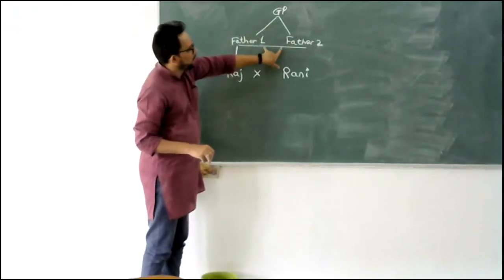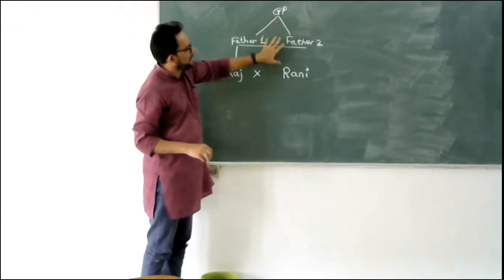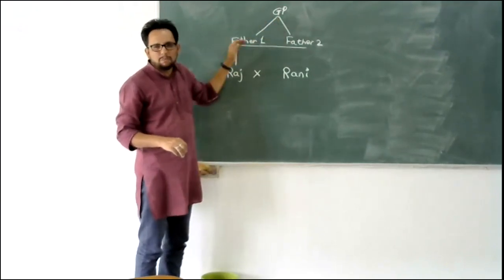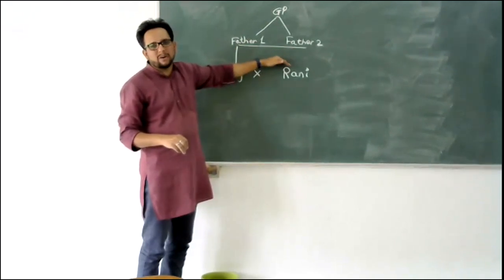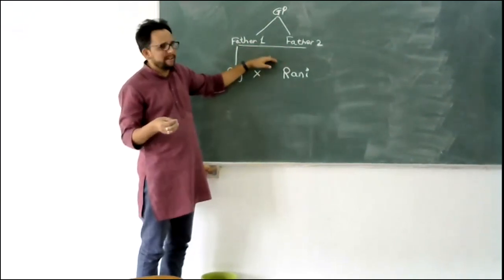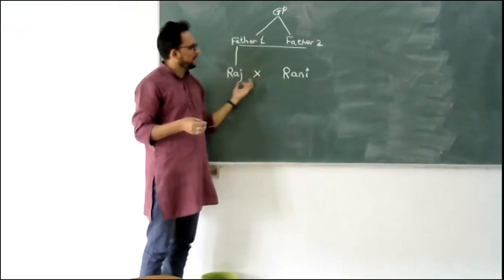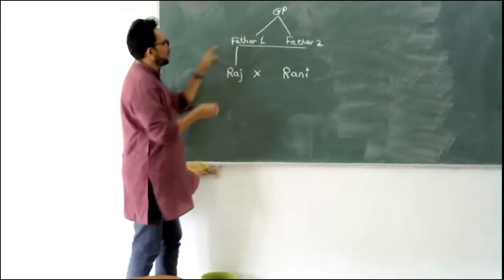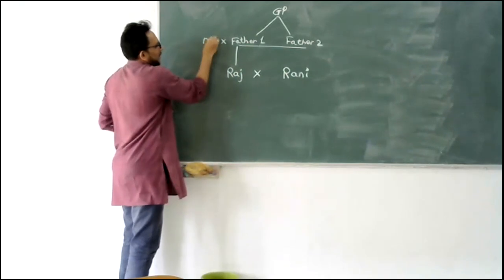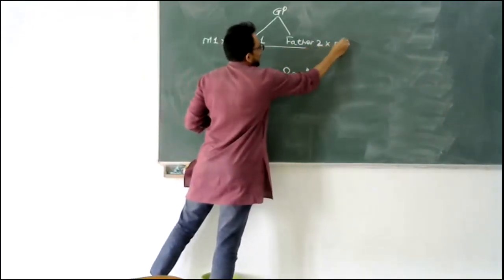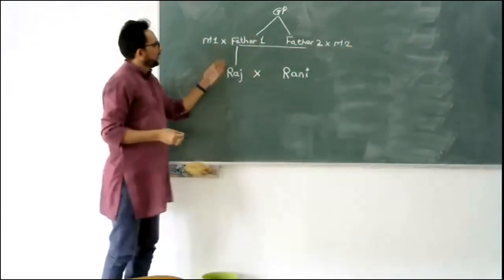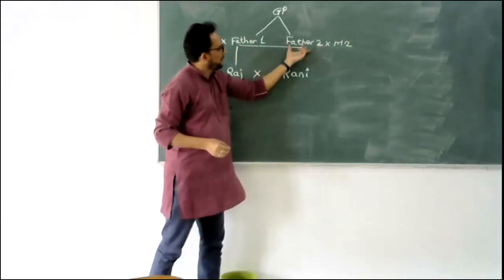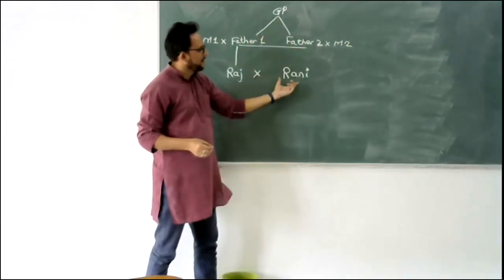Now, because both father one and father two have got their set of genes from the grandparents, both of them will have the same genetic disorder, if at all they are carriers. When they form children, this will be passed down to the next generation. They might have half a set, because father one will marry mother one, M1, and father two will marry some other lady, M2. So half of the set from this father will go to Raj, and half of the set which they received from the grandparent will go to Rani.